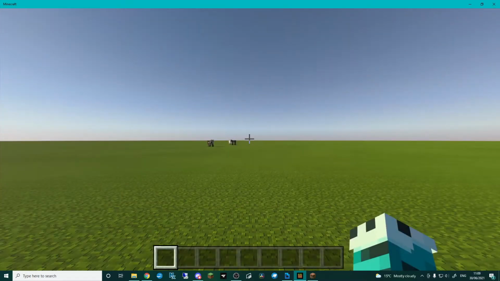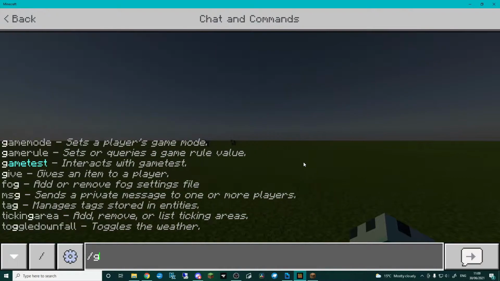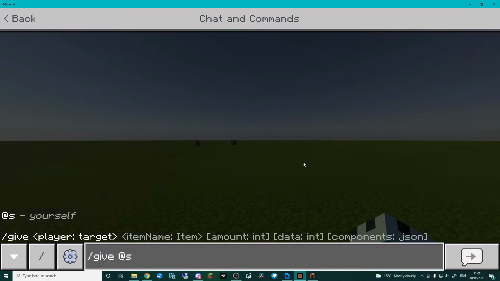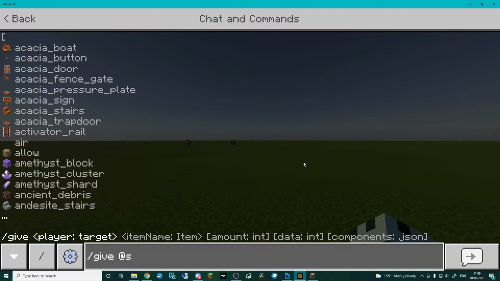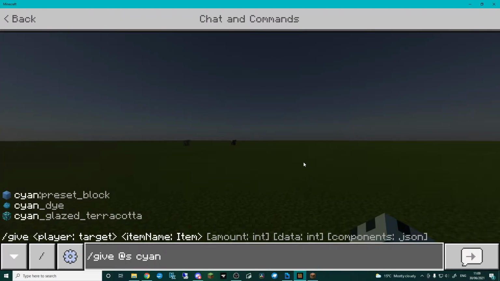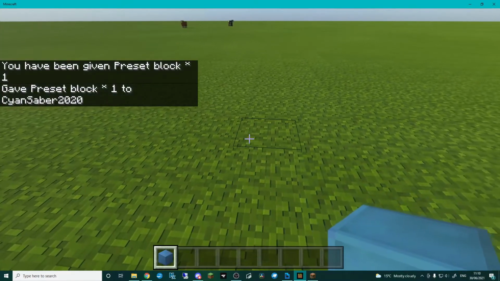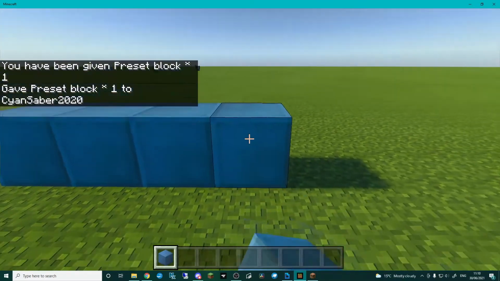What we need to do is use the give command. So I'm going to go /give @s for myself, and then I'm going to type in cyan, okay, because my namespace is cyan. So if your namespace is Dave, you could write Dave in there, or whatever you've called your block, just search for it basically. And you can see there that I've got cyan glazed terracotta, cyan dye, and cyan preset block. So I'm going to tab to autocomplete that, press enter, and there we go. We have been given our brand new